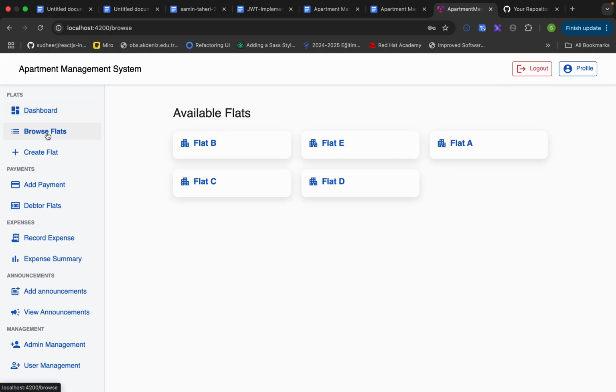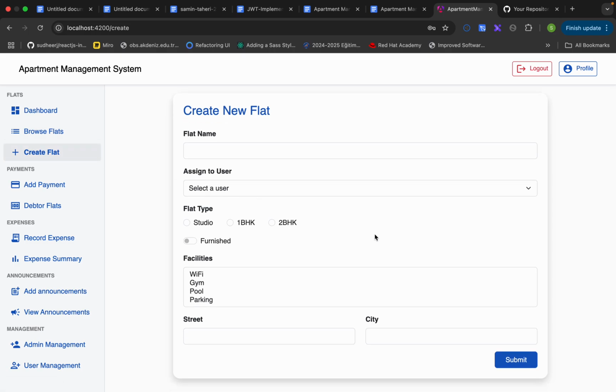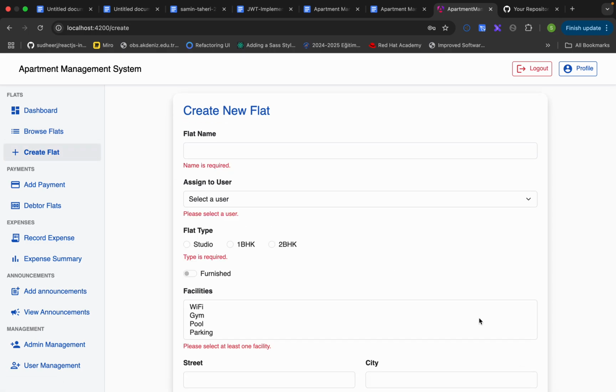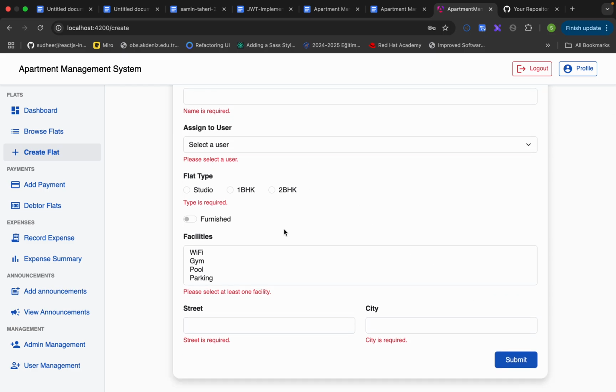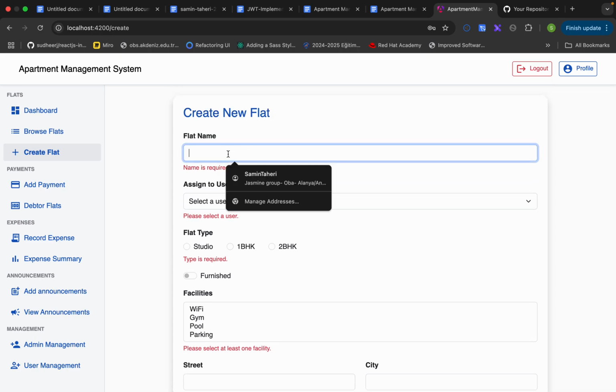For flat management, admins can create, view, edit, and delete flats, so all four CRUD operations. During flat creation, the system enforces validation rules, so we have required fields, character limits, and at least one facility selection. So if we want to create one,